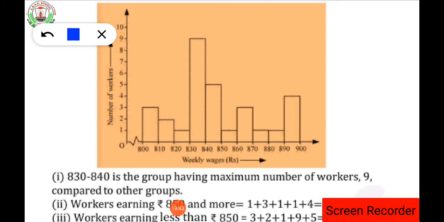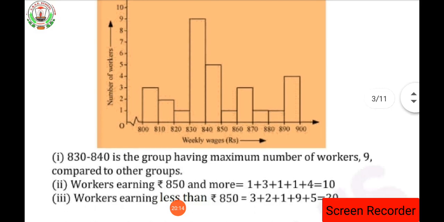In the same way, 810 to 820, the second interval we are having, and 820 is going to be counted in the third interval, isn't it? That's why the graph between the second and third, first and second is joined. So have you understood this graph? How to do it? Okay, so try to draw this graph on graph paper and stick it in your copy.